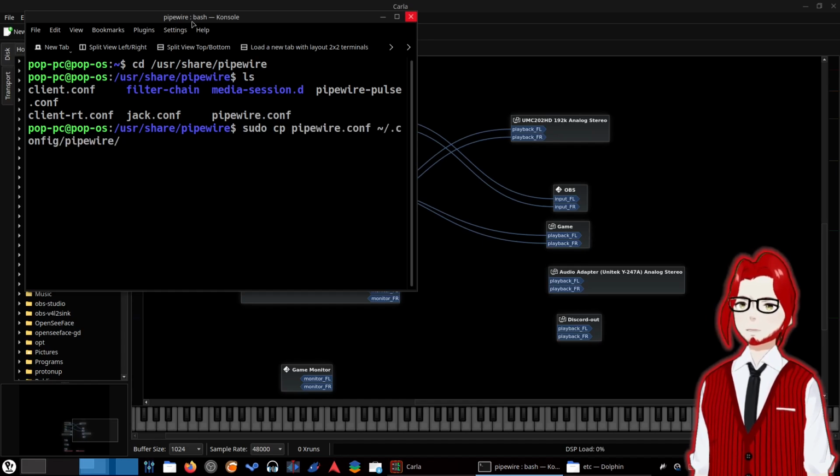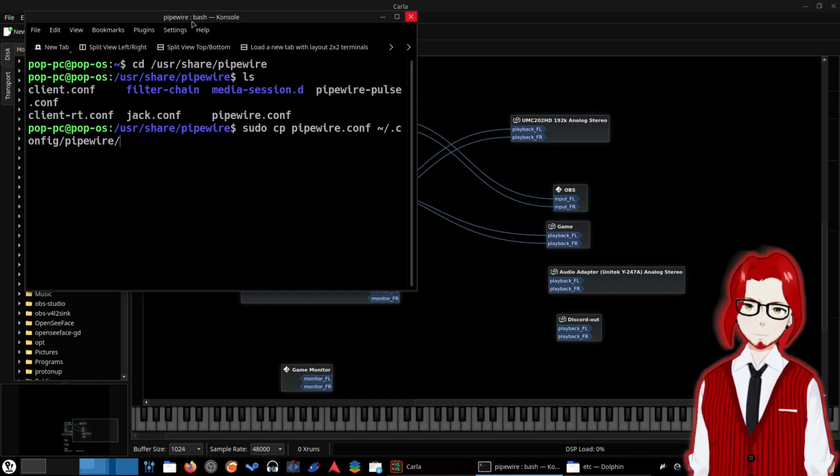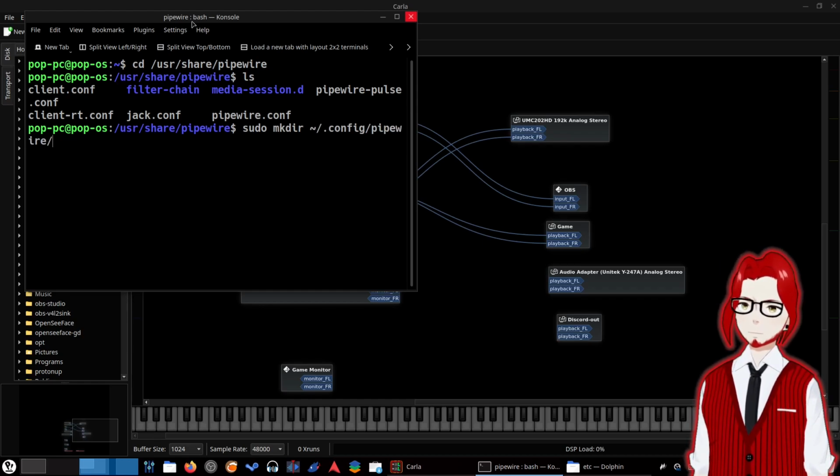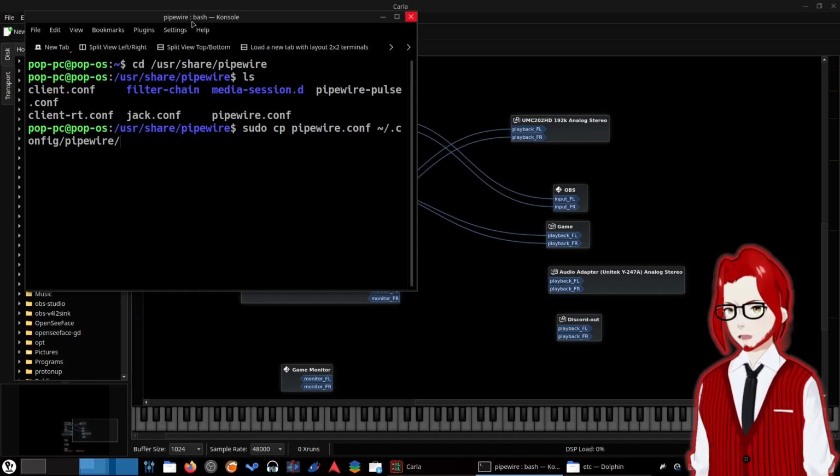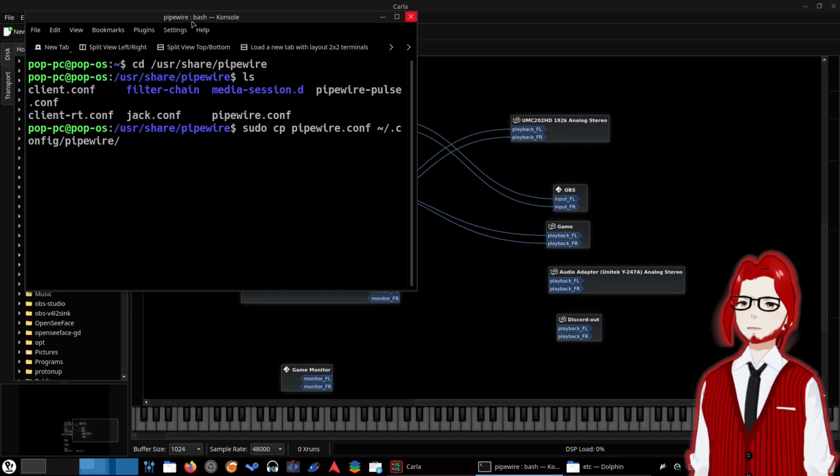I had to copy that config file to this location. So it's home/username, which is what the little squiggly line stands for, /.config/pipewire. Initially, that location didn't exist, so I had to make the directory, then copy it over. I want to copy it, not move it, copy it. And then you'd open it in Kate.